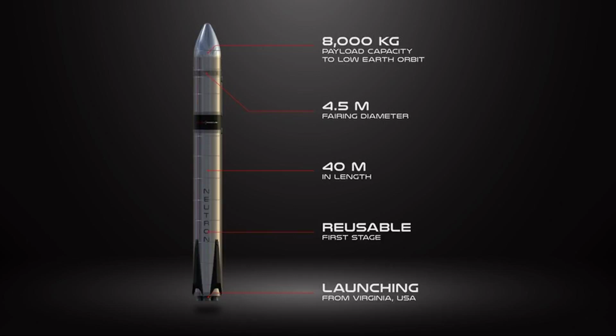rapidly evolving aerospace landscape. Key points for in-depth analysis and discussion on Rocket Lab's Electron launch system development. 1. Investment in research and development strategy. Rocket Lab's allocation of $100 million towards enhancing the Electron launch system underscores a significant commitment to innovation. This investment is crucial for refining propulsion systems and developing reusable components, which are essential for improving cost efficiency and